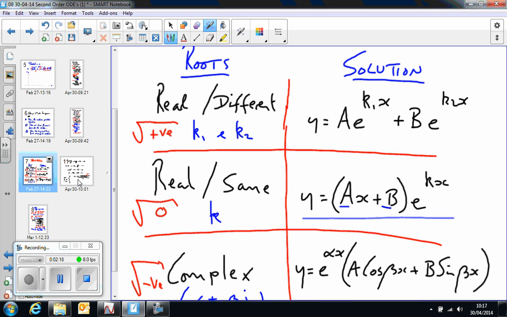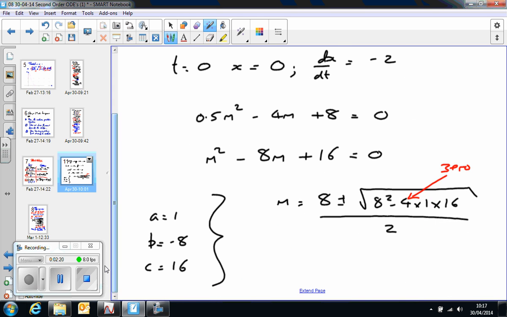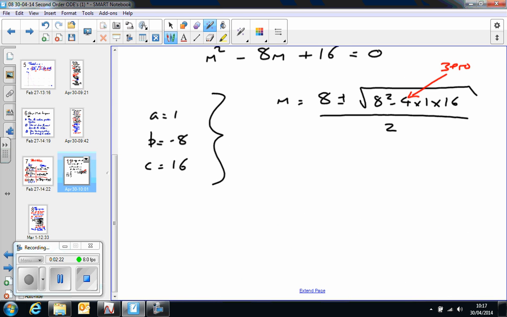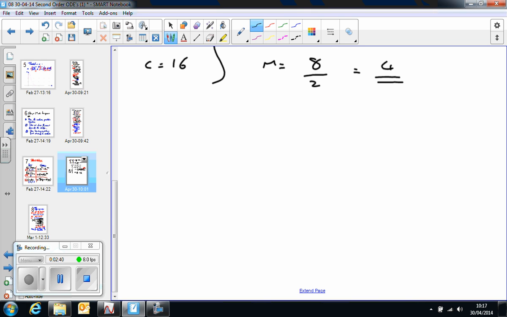So going back to the solution and carrying on with the quadratic, let's find out what k is. 8, so that's 0 over 2, which is 4. So it's a very straightforward quadratic to solve in that case. Because the square root is 0, that just disappears. We've got one real solution, 4. So we know the general solution has the form